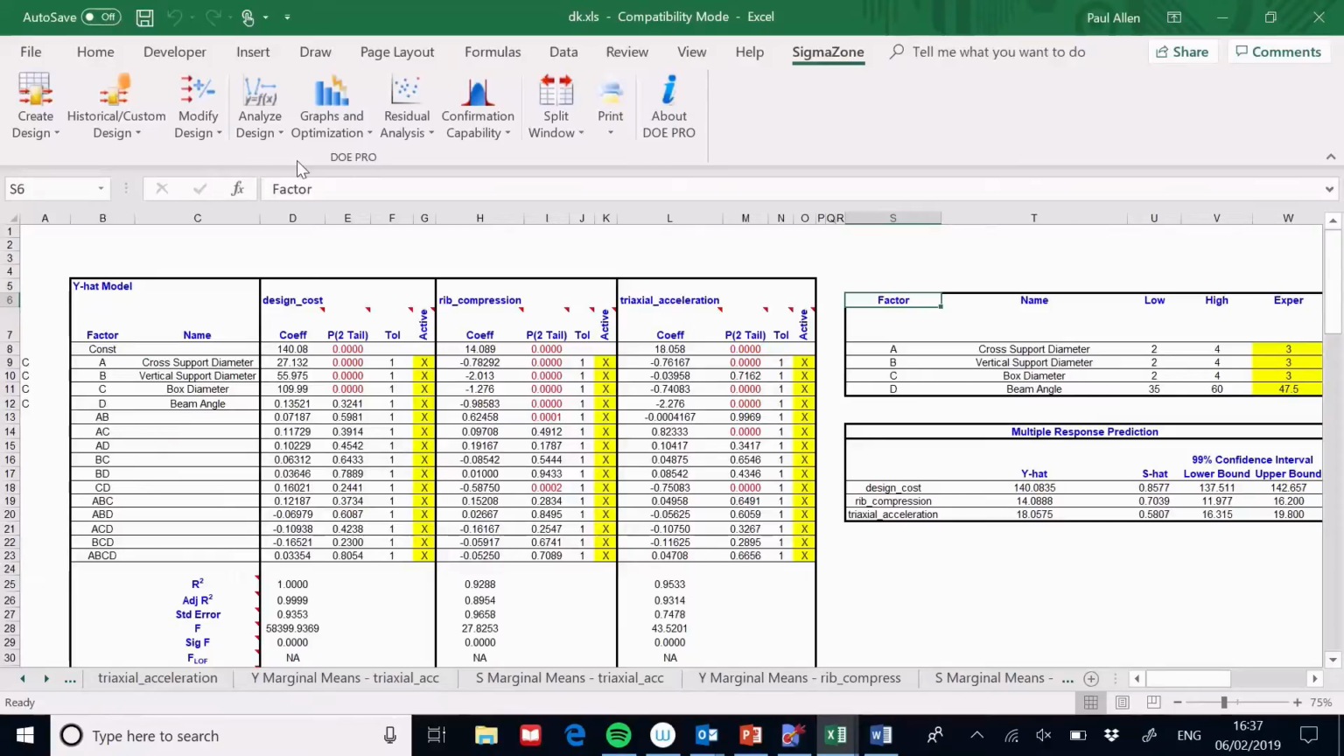Now what we've got are 3 models side by side. We have a model for design cost, a model for rib compression, and a model for triaxial acceleration. I'm going to proceed as I normally do. I'm going to take terms out of this model that shouldn't be there. So I'm going to take those terms out of the cost model. I'm going to remove